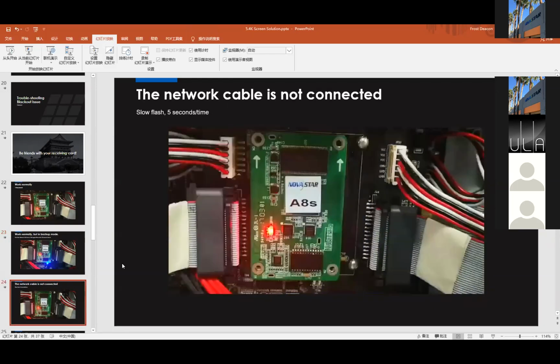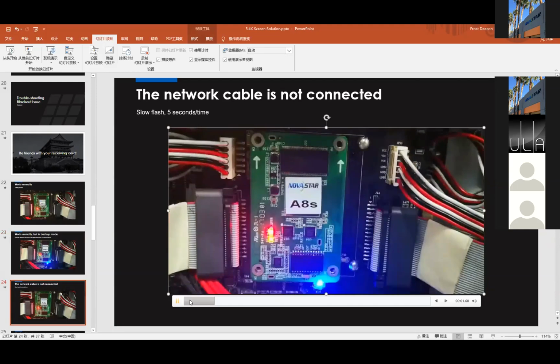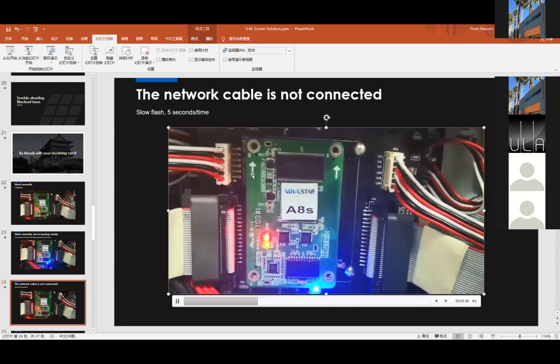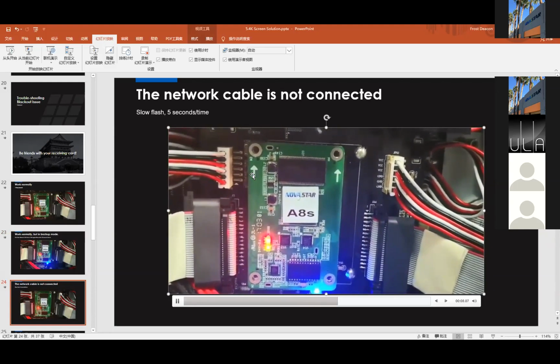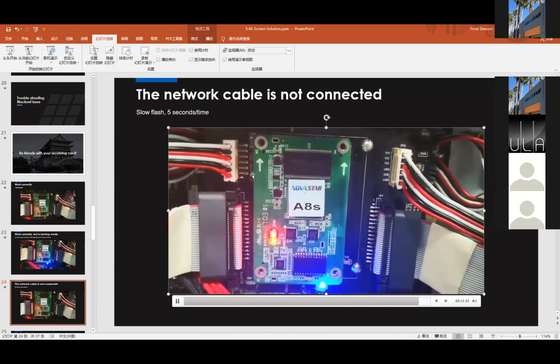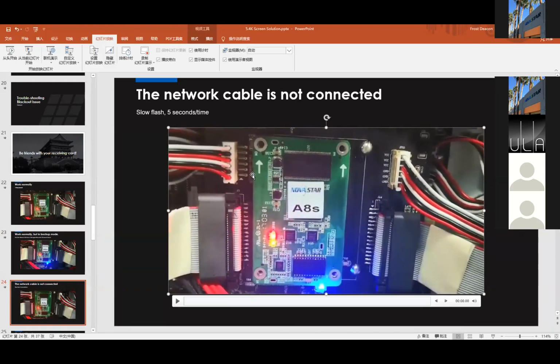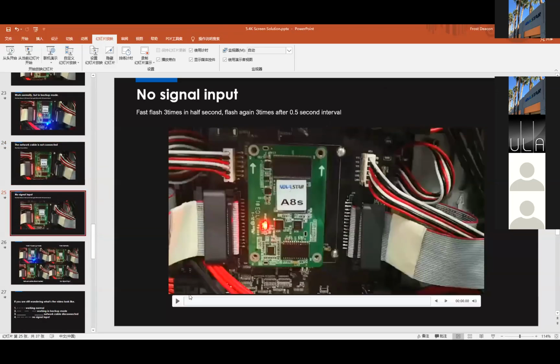And then the next one, the network cable is not connected. Slow flash, about 5 seconds. This means the network cable is not connected. And let's say, what about no signal?